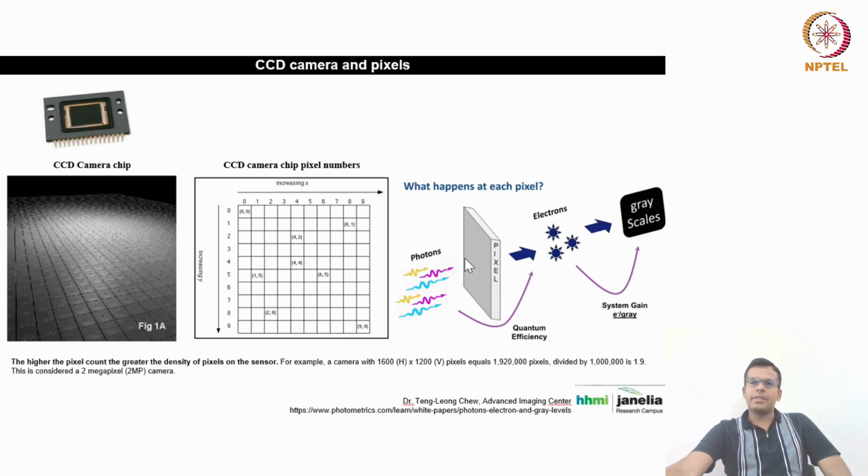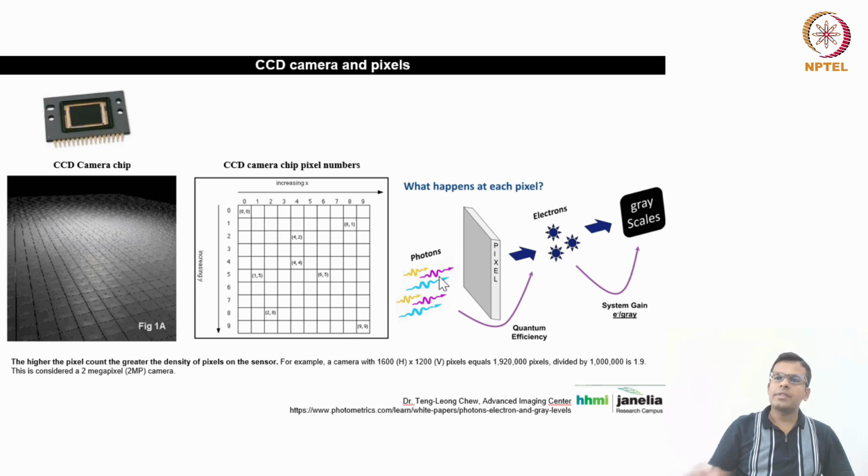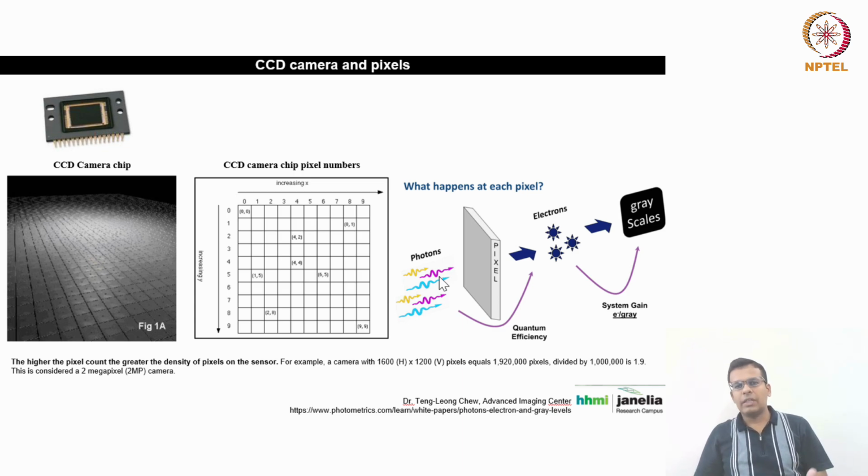Now what does this pixel do? Okay, so see, this is a pixel, and what is the function of this pixel? So the pixel converts photons into electrons. Okay, so where are these photons coming from? So these photons are coming from the fluorophore on your sample. So let's say you are visualizing a GFP tagged protein. So the GFP tagged protein will emit green color light, and that light contains photons. Those photons hit the pixel, and this pixel will convert these photons into electrons.